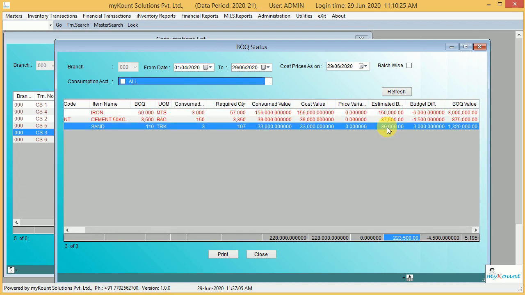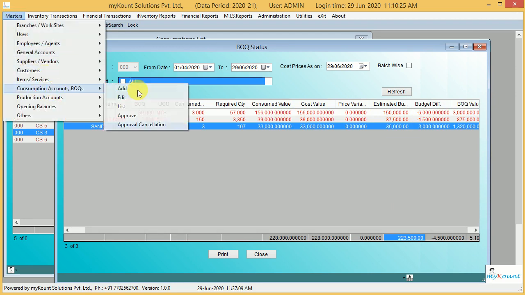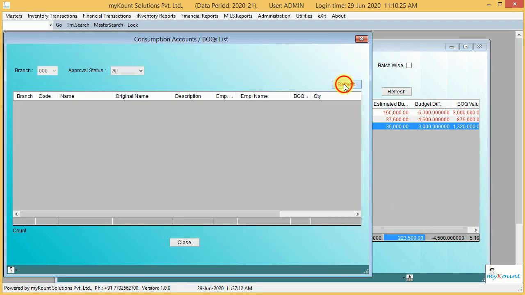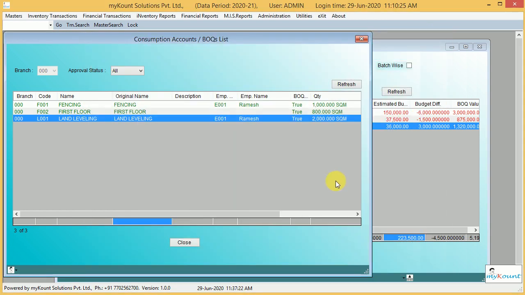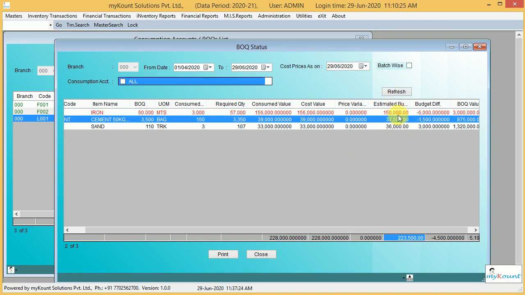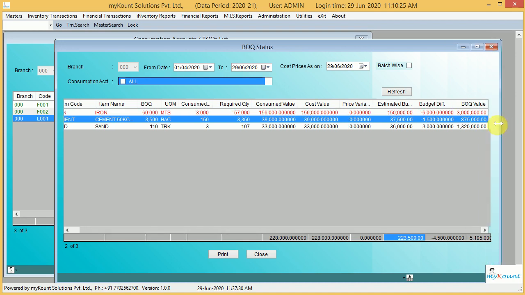Next, estimated, in the sense we will fix the BOQs here with the material. Here this is the estimated cost. This is BOQ and this is the estimated cost for this BOQ item wise. So this is the estimated budget. This is budget difference, the difference between cost and this budget. Finally BOQ value.